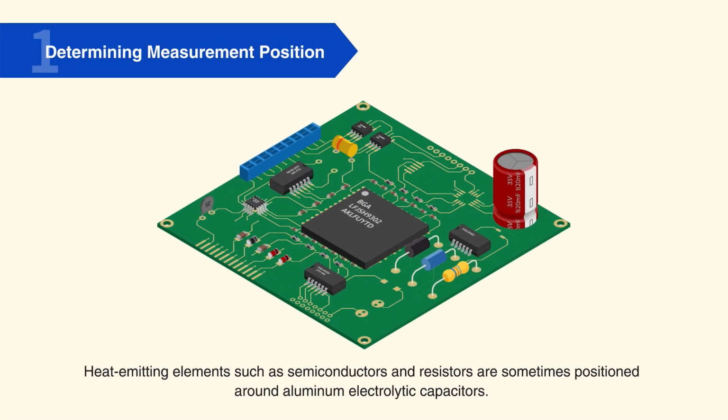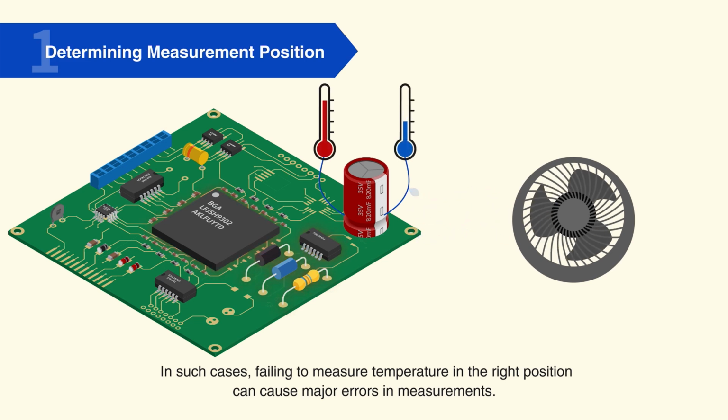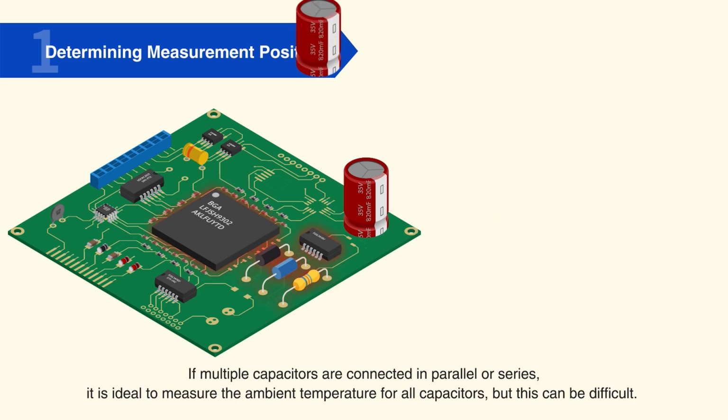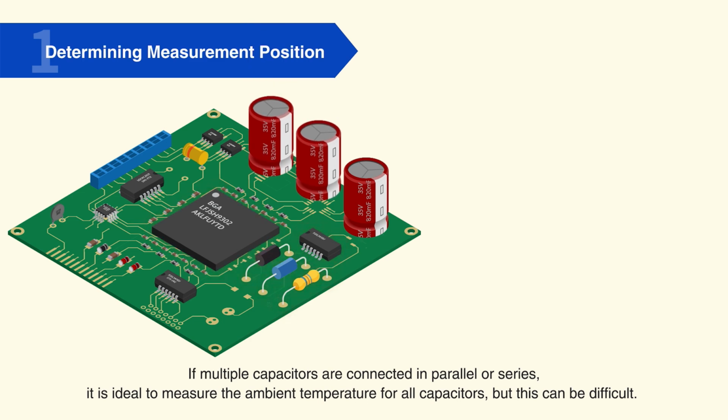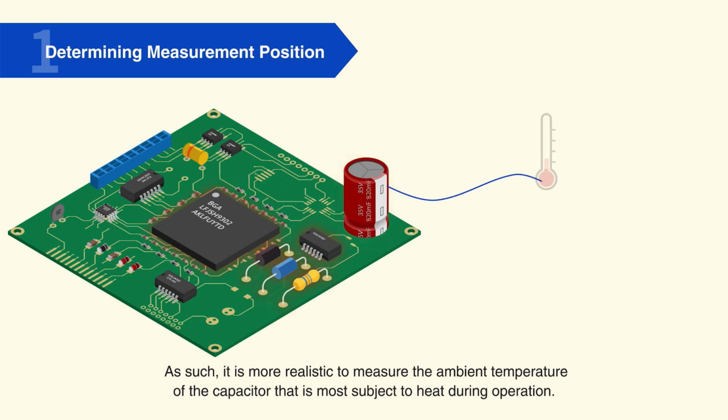Heat-emitting elements such as semiconductors and resistors are sometimes positioned around aluminum electrolytic capacitors. In such cases, failing to measure temperature in the right position can cause major errors in measurements. If multiple capacitors are connected in parallel or series, it is ideal to measure the ambient temperature for all capacitors, but this can be difficult. As such, it is more realistic to measure the ambient temperature of the capacitor that is most subject to heat